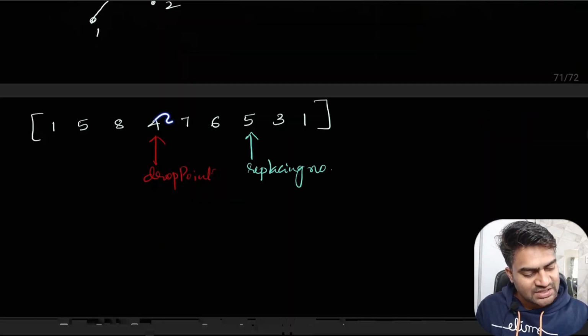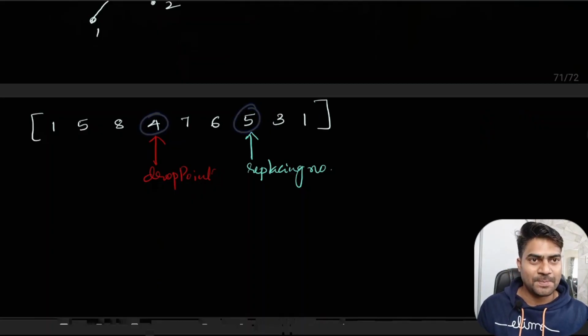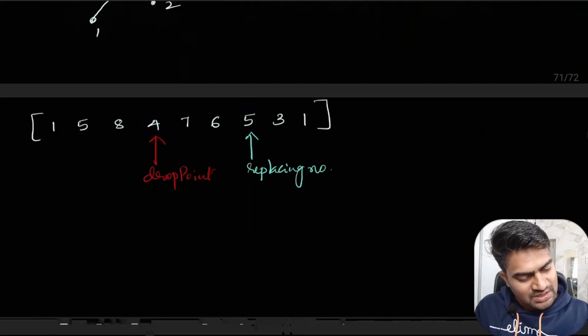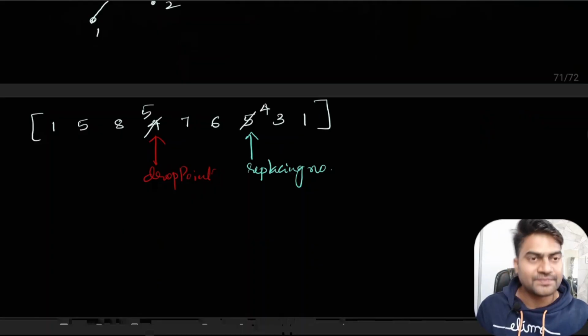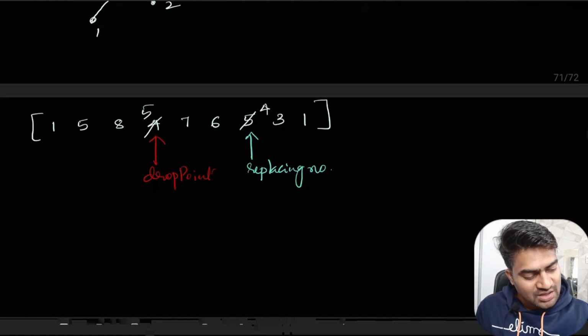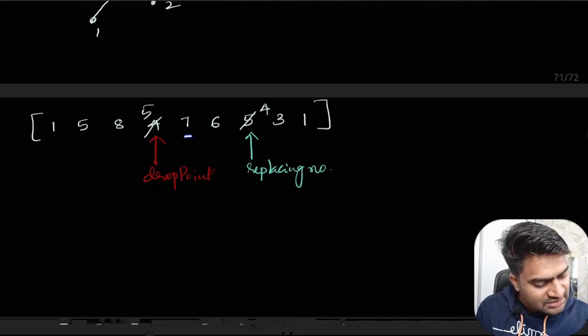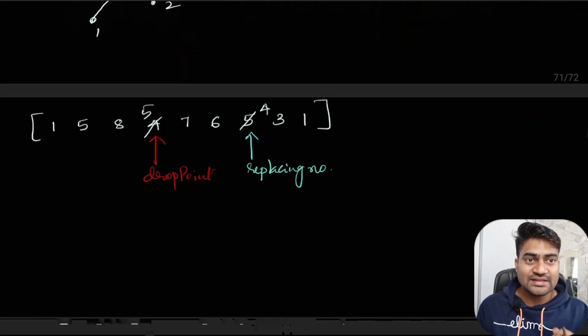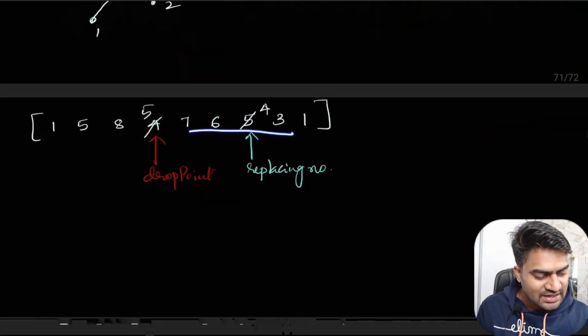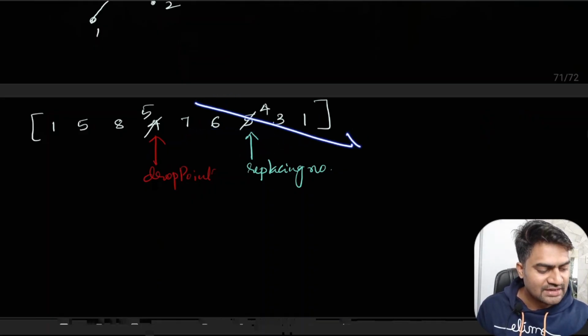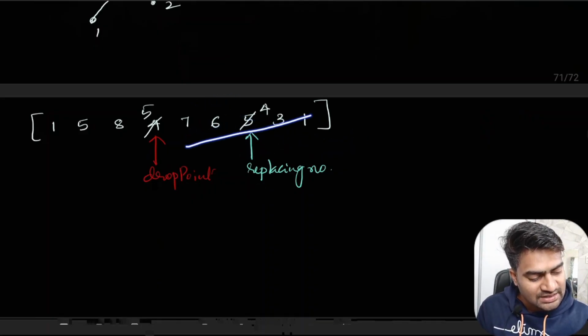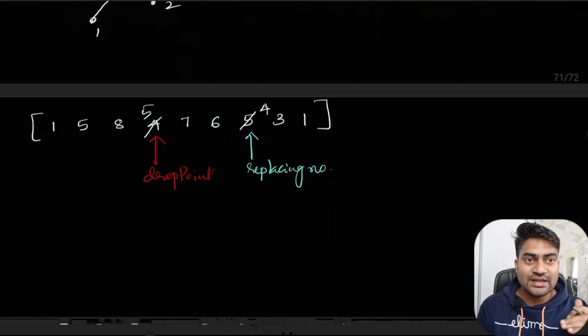So I will simply swap 4 and 5. Okay, so what I will do, I will swap 4 with 5. Okay, is this done? No, it is the greater number, but it is not lexicographically greater. So what we saw, we will have to arrange these elements in ascending order. Currently, it is in descending order, right? So it is in descending order, but we want that in ascending order to get the least highest